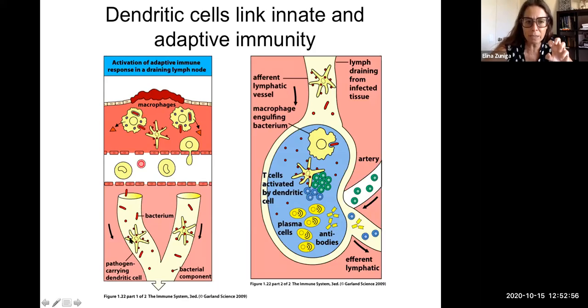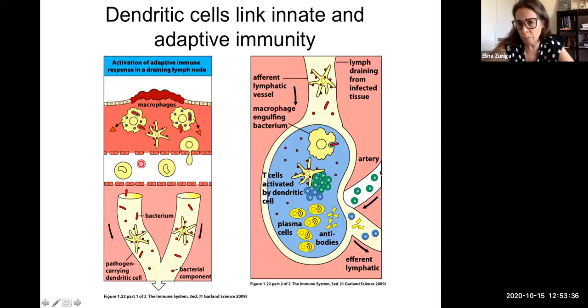And you can see here depicted how dendritic cells that have taken up antigen will get through the afferent lymph into the lymph node, but also free antigen and free bacteria, right? Free pathogen can get into the lymph nodes as well through the lymph and the afferent lymphatic vessels. And in these lymphatic vessels, as in the tissues, we also have macrophages and more dendritic cells. And so remember, the T cells or B cells are coming and surveying all the time this lymph